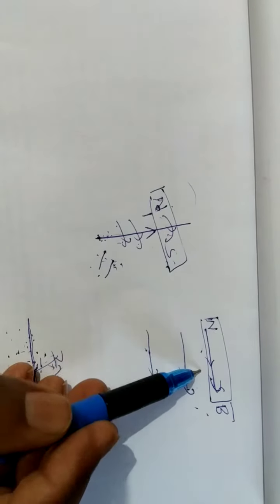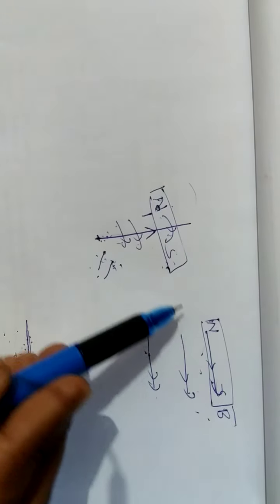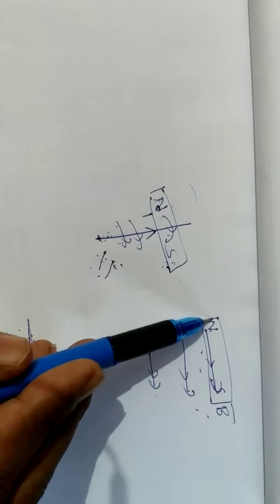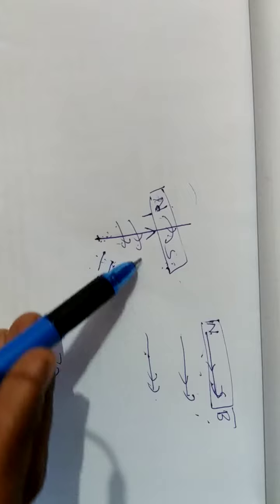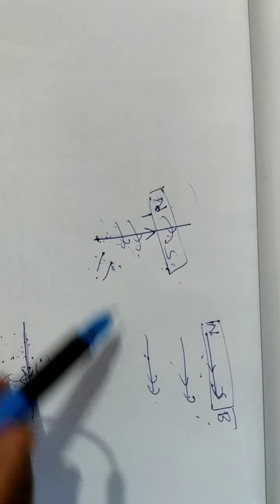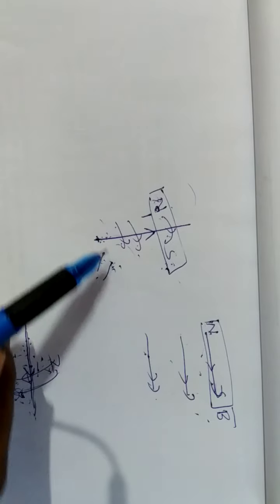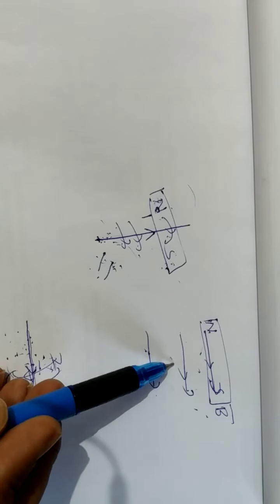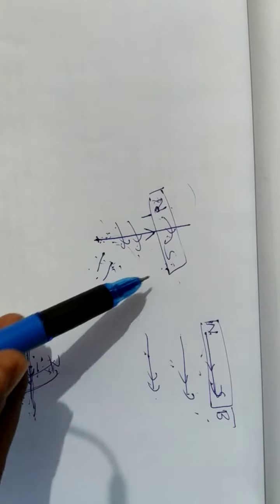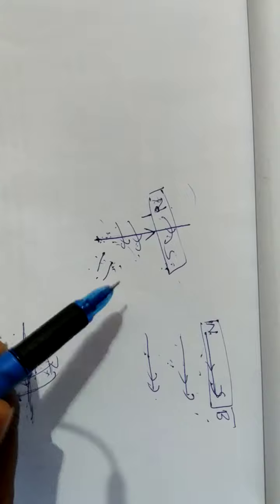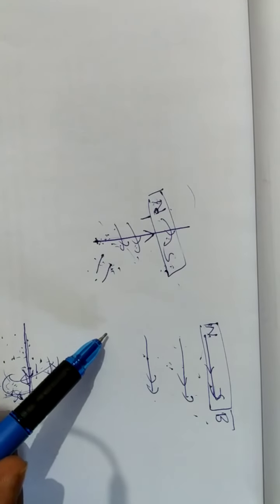Depending on the polarity, they attract or repel each other. South pole and north pole attract each other, and north pole and north pole repel each other. Likewise, these two interact with each other. So what we have done is, this is the current carrying wire, and we have placed it inside another magnetic field. Then both behave like magnets and they interact with each other. That is what we are going to study in this video.